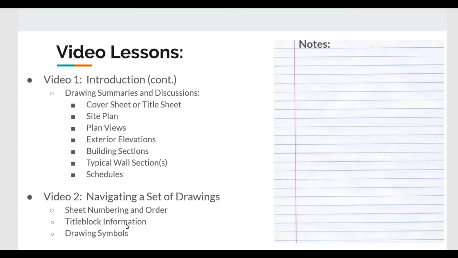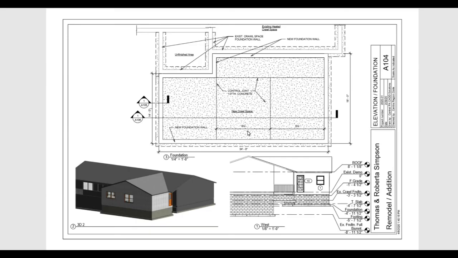All right, back to our list of things that we wanted to cover. The last thing that we want to cover in here is our title block information. It's the only thing that we haven't talked about. We talked about sheet numbering and order and drawing symbols quite extensively. So if we go back to our set of drawings, the other thing that's going to be shown in this